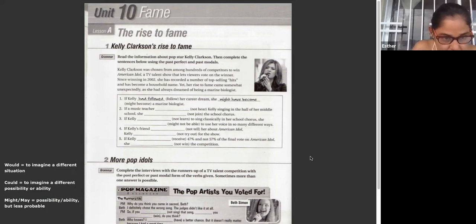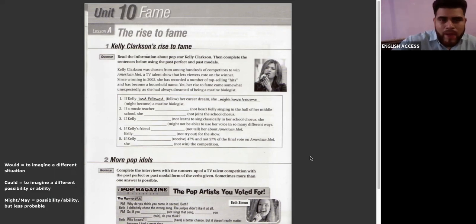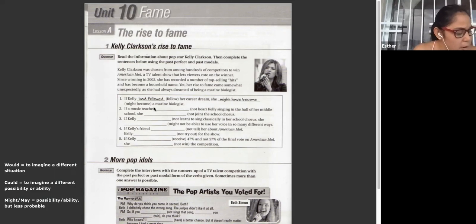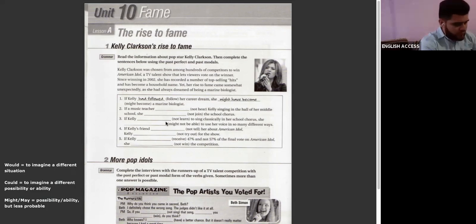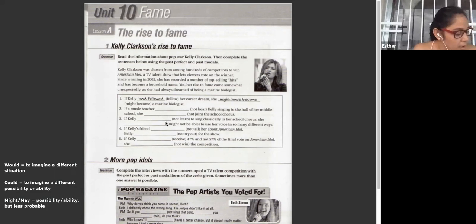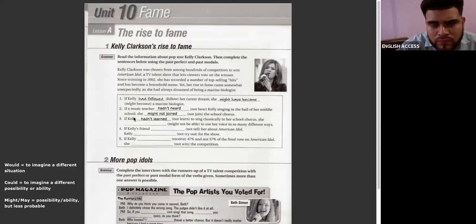Okay. Well, what do you have? If Kelly had followed her career dream, she made a lot. This is the example, no? Number two, if a music teacher hadn't heard Kelly singing in the hall of her middle school, she may not have joined the school chorus. Yeah, choir. Okay, number two. Number three, if Kelly hadn't learned to sing classical in her school chorus,